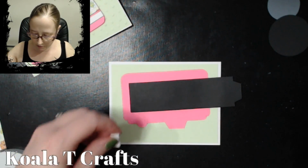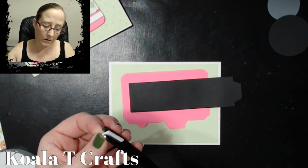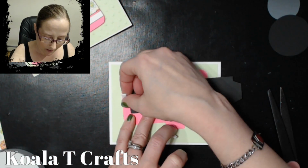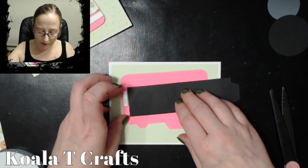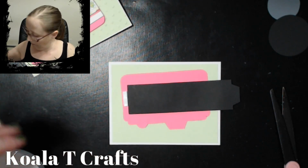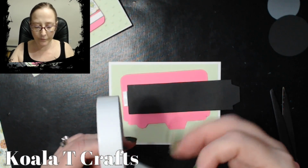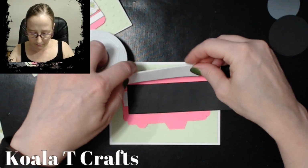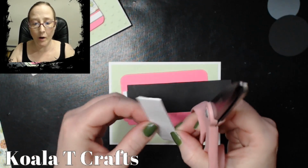This can be tricky sometimes. You want a stopper at the end so that it can't go any farther than that. And then you want a little bit on either side so that it has something to follow, like a guide to go in and out of the card. So I'm going to kind of measure how long that is, cut off a piece, and then I'm going to,